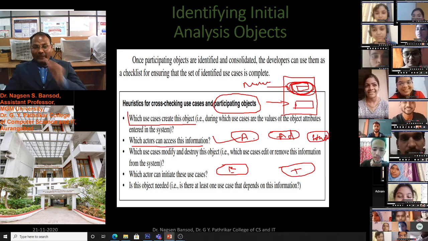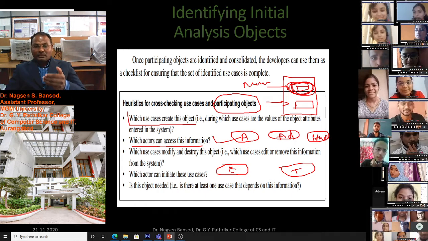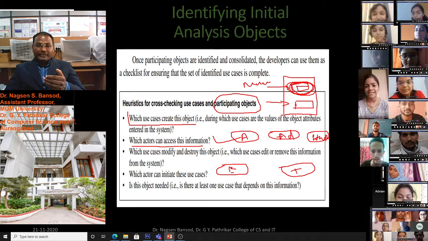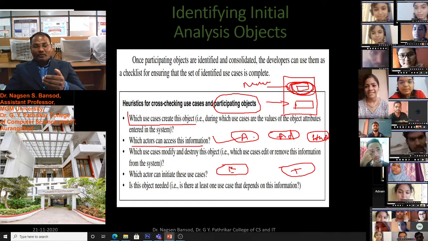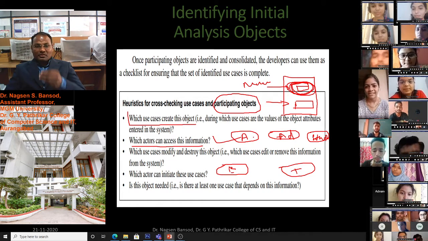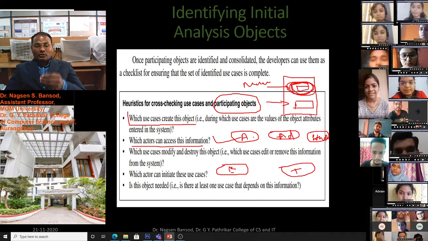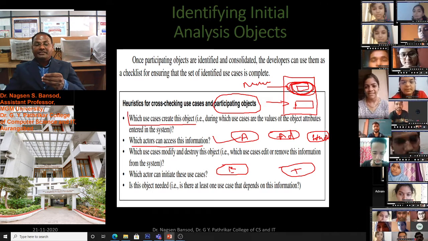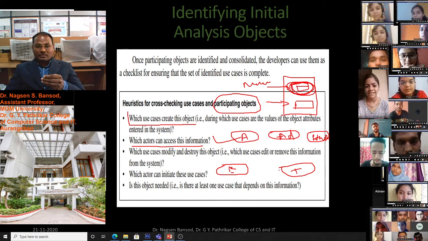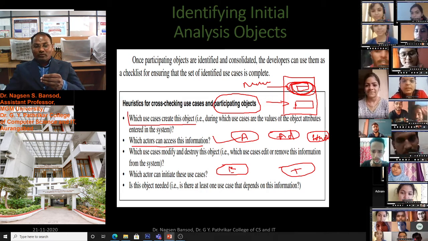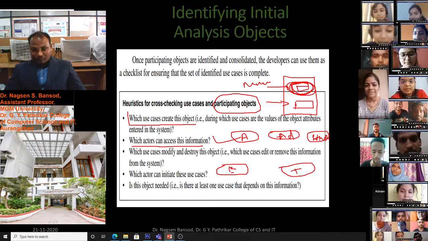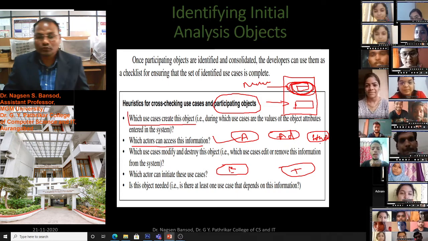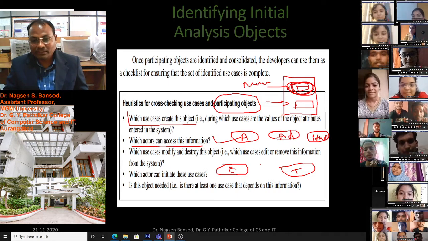We have to find these objects and again create use cases. Suppose these are use cases. Now we have to find who will initiate these use cases. A student will find the fees, or a teacher will find student fees information.